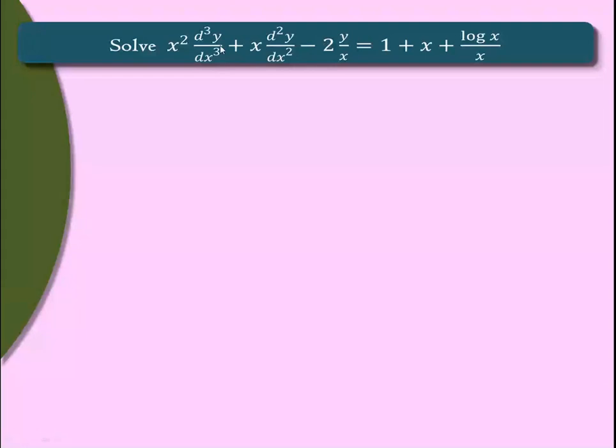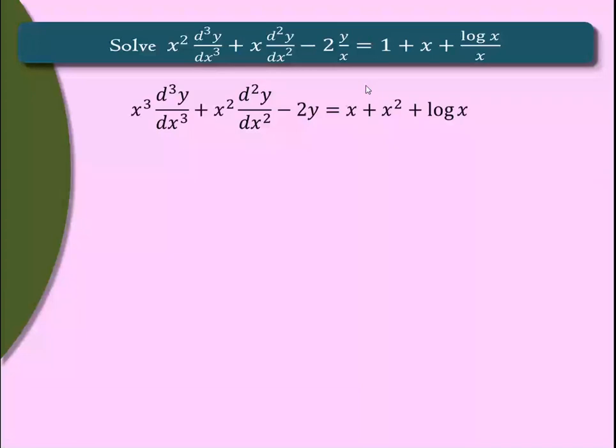Yes, quite easily. We can make the power and order same, just by multiplying both sides of the equation by x. If we multiply it by x, it becomes x cube, and power will be 3, order will be 3. This term becomes x square, order and power become same, and this x gets cancelled. So we can make power and order same, just by multiplying both sides of the equation by x. And now this becomes a Cauchy's differential equation, homogeneous linear differential equation.